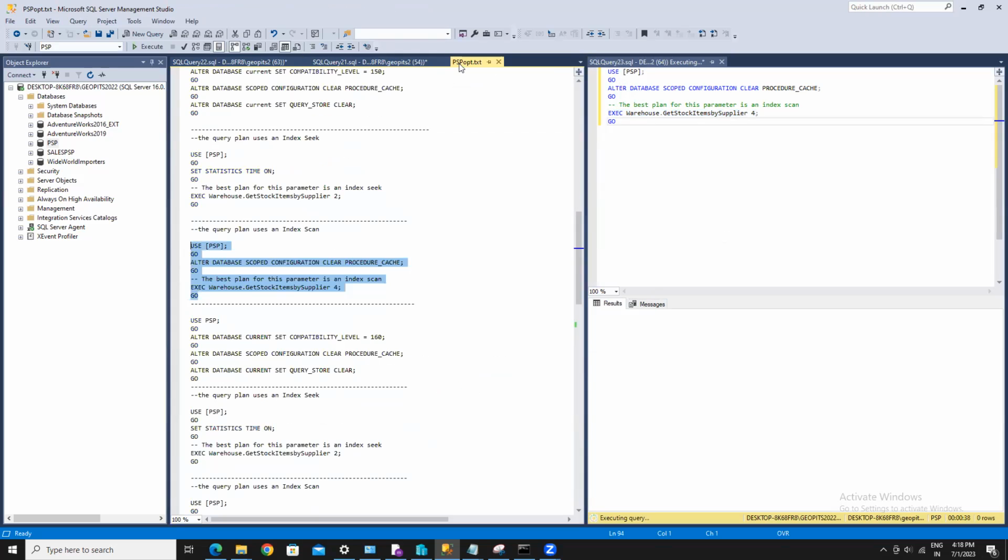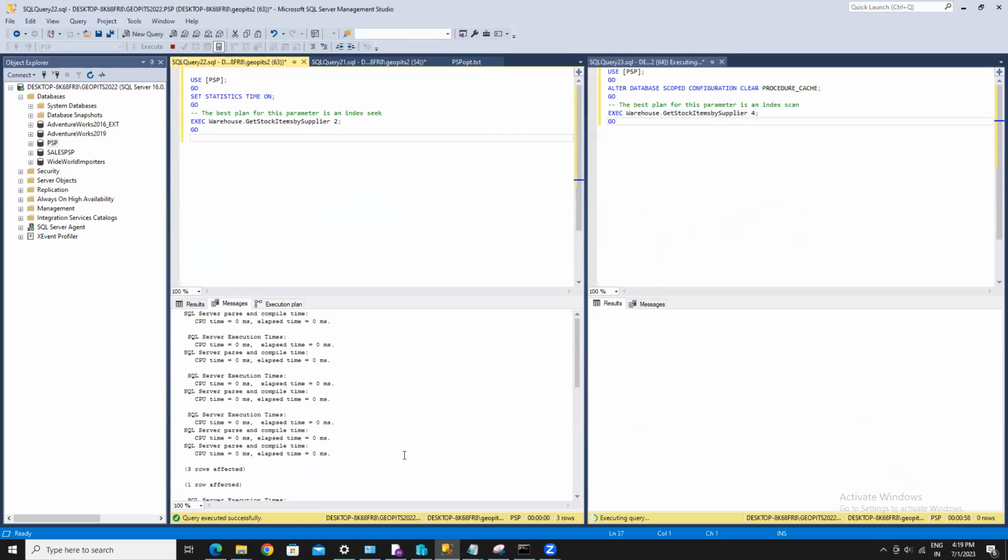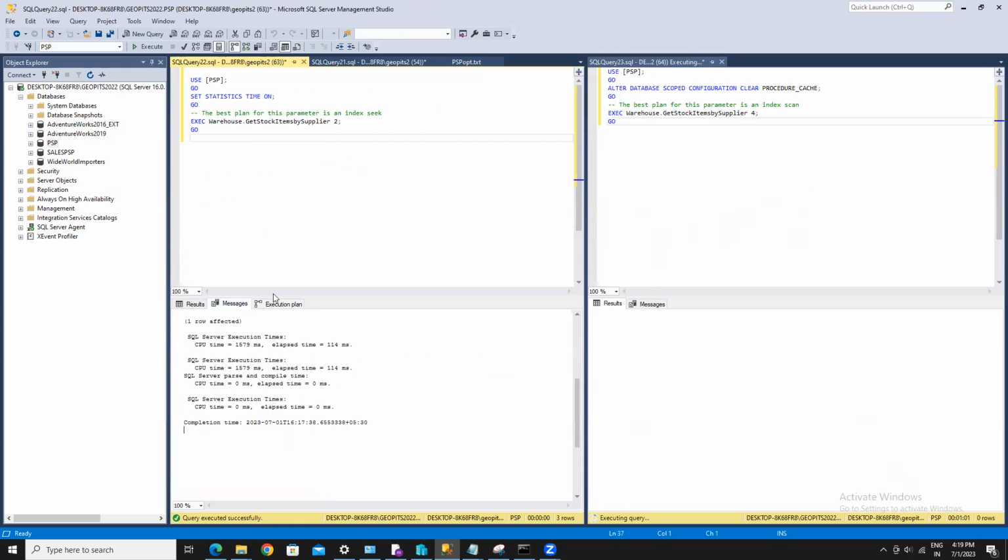We can change the compatibility level to 160, meaning the SQL Server 2022 version. We will validate how we perform. Here you can see that the CPU time increased drastically.